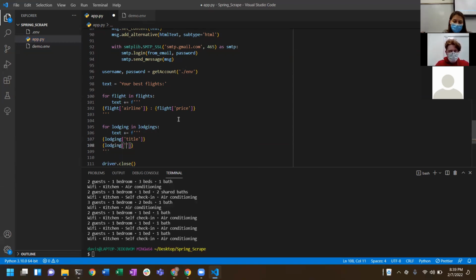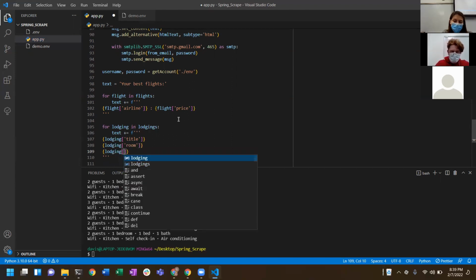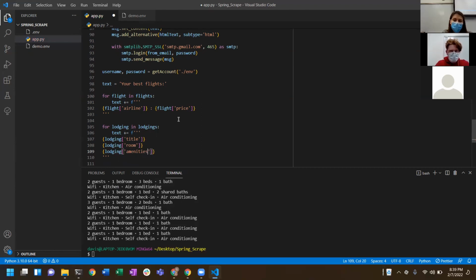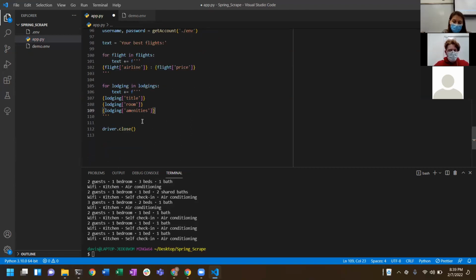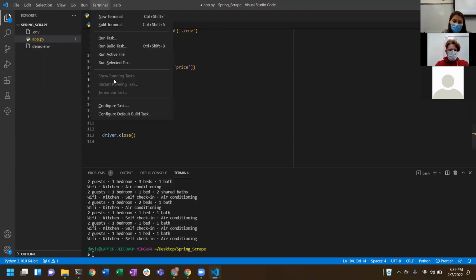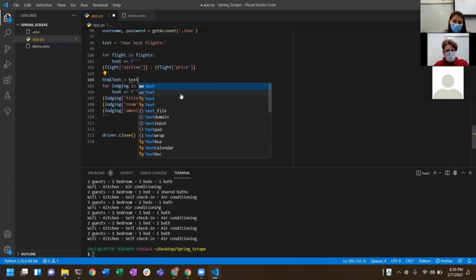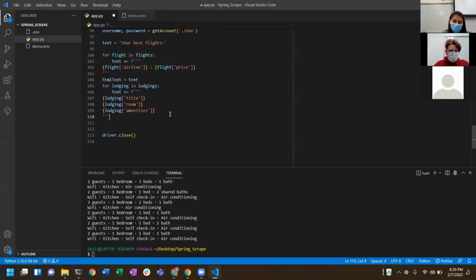Lodging, what is it, room, amenities. And then what else did we have? I think the URL, which we wouldn't need here. But just like we added a text, before we come in here, we'll set HTML text equal to text, because for our flights, we'll just leave it as plain formatting. But with HTML text, at the same time as we're adding to the text, we can add to our HTML, use the same exact string here,